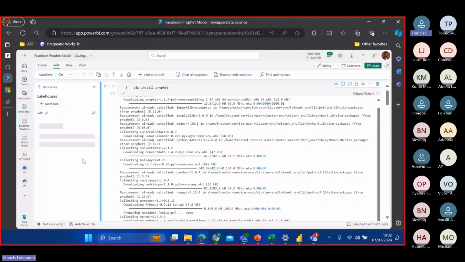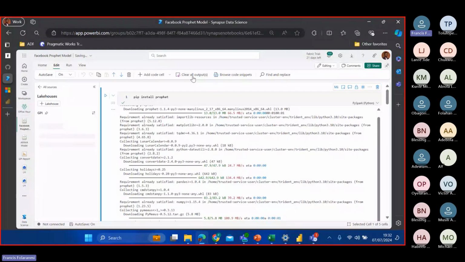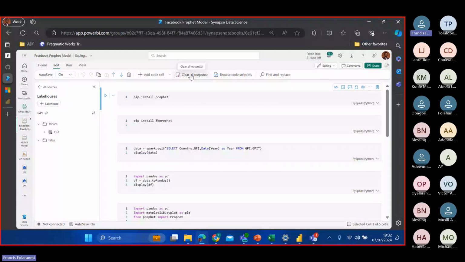Yeah, so now I have my GPI data attached to it. So right from here, I have pip install, which is the Facebook Prophet library. Install it again, then I declare this as a variable. Now this is using the old lakehouse that I had created, which is GPI. But if I remove this lakehouse, because I had created this before, and attach the new lakehouse from our environment, I'll remove all lakehouses because this is not the lakehouse that we created. This was the one that I had created earlier.